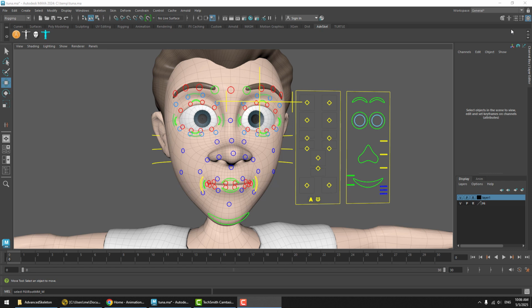This is the AdvancedSkeleton FaceSetup. Let's have a closer look at the controllers and the attributes on the controllers. We'll start with the main controller for the face, and that's going to be this square, which is the